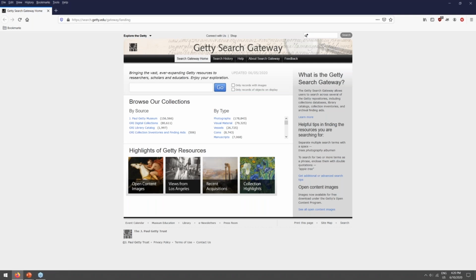So the Getty Open Content Program is an initiative of the Getty Research Institute, and it makes available digital images to which the Getty holds the rights or that are in the public domain. There are currently over 100,000 images, paintings, drawings, manuscripts, even decorative arts and architectural drawings as well. And all of these open access images can be found through the Getty Search Gateway, which is the website we're